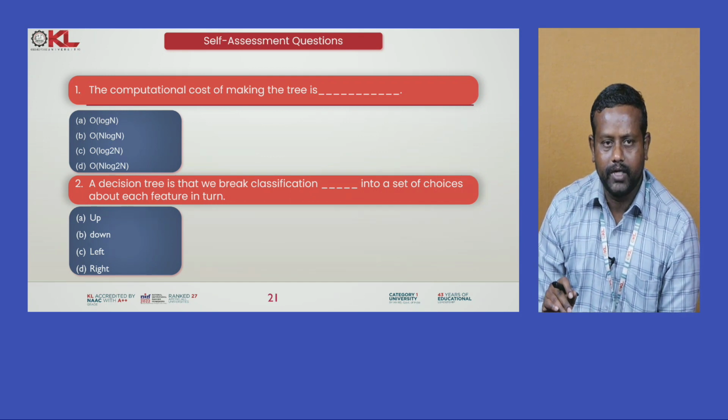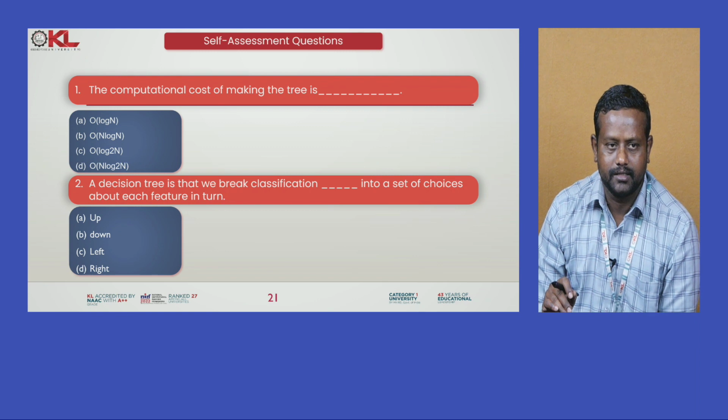The computational cost of making the tree is order of n log n. The decision tree is